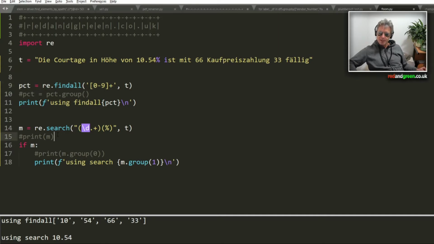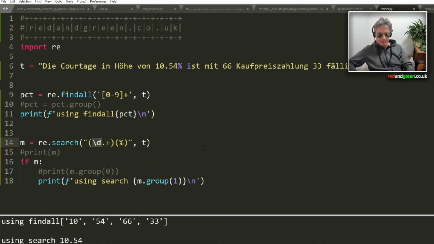We found all of them. Whereas with search, what we've done is... I don't know why Sublime Text makes that purple. I'm yet to work out why. I apologise if that's troubling anybody. Anyway,